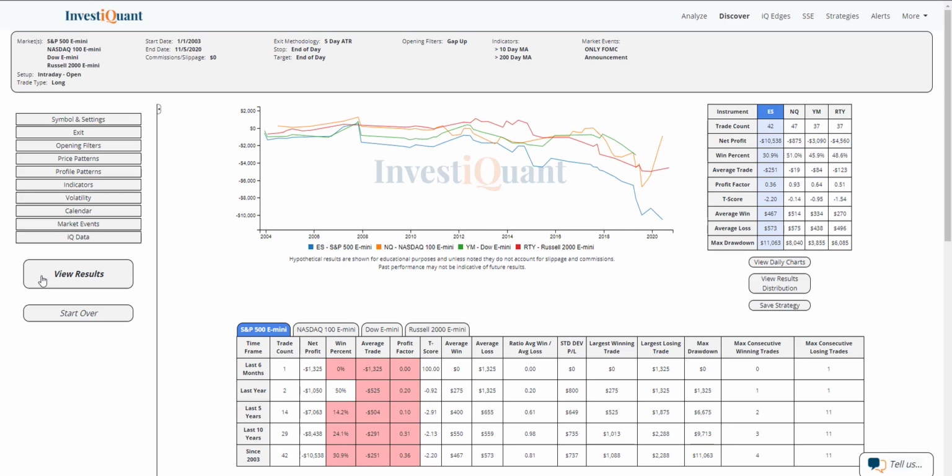If we take a look at average win, the average win is smaller than the average loss in the S&P. They're not that different in the NASDAQ. In the NASDAQ, the average loss is a little bit bigger. The average loss is a little bit bigger in the Dow, and the average loss is quite a bit bigger than the average win in the Russell. So average loss size is larger on all four, some of them not as big of a difference as others, and win rates are neutral to weak as a group.